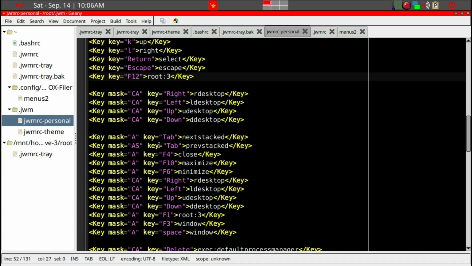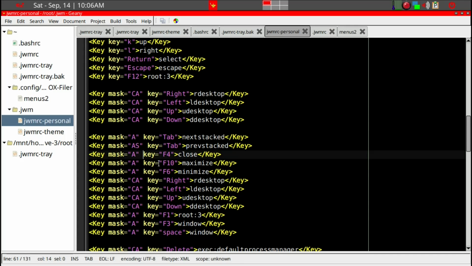Where is that close? Here it is, and we want to just move that up to this here, and then F4 and close and key. So that's all set up now. So we'll just go ahead and